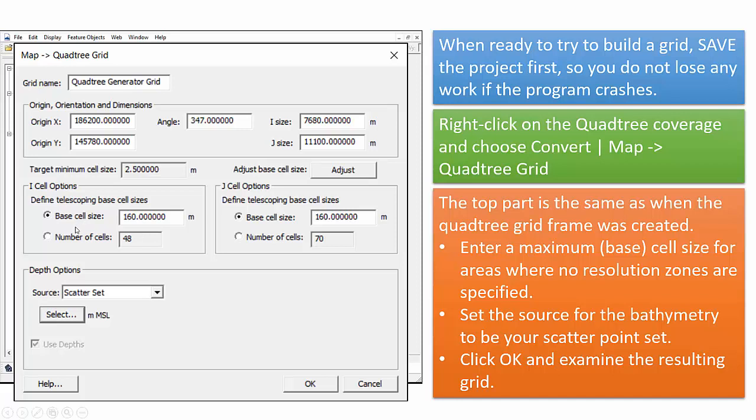But what you can do is come in and define what the maximum cell sizes will be for your grid. So areas outside of where you have resolution zones, you can specify to have a set cell size. So these are areas in the offshore that are deep water or in the corners. And I've set right here 160 meters. But basically all of these sizes are defined by whatever the minimum cell size is that you're